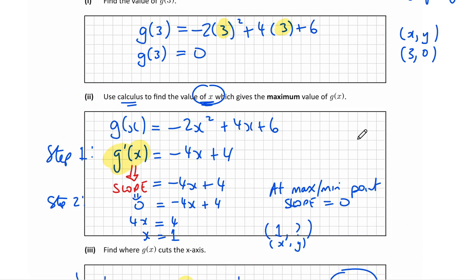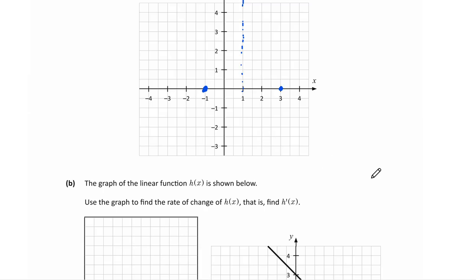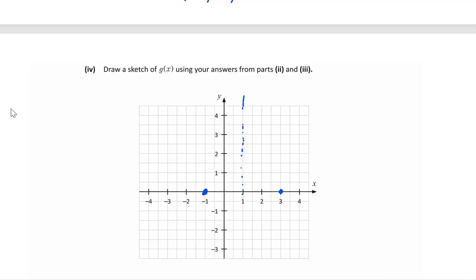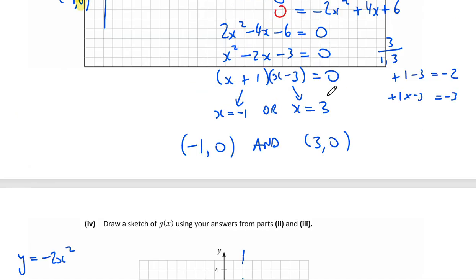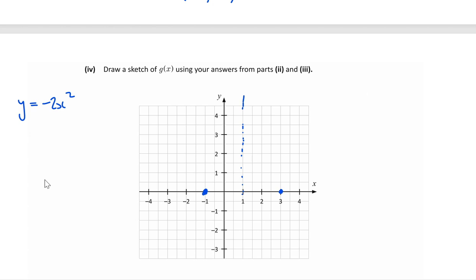I suppose I could have subbed it in, but one other thing I can do very quickly is this. So we had y is equal to minus 2x squared plus 4x plus 6. And the same